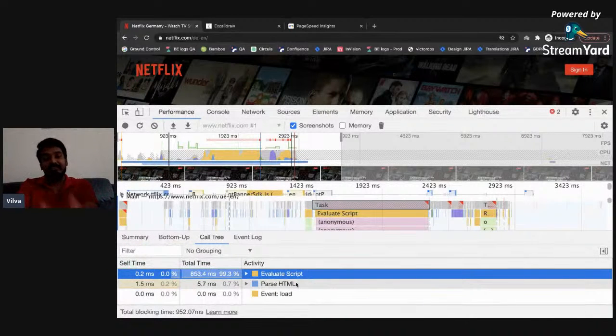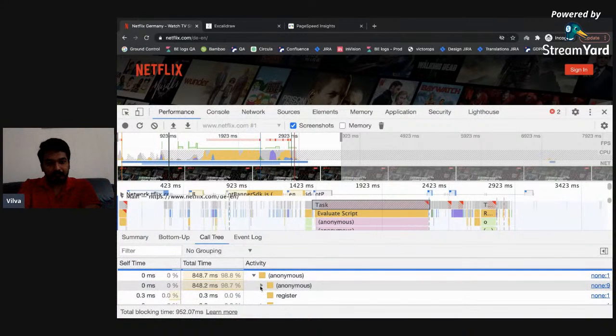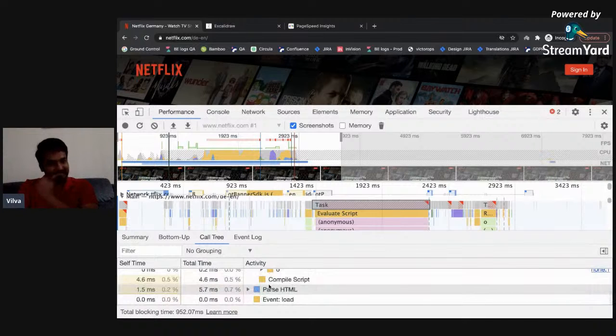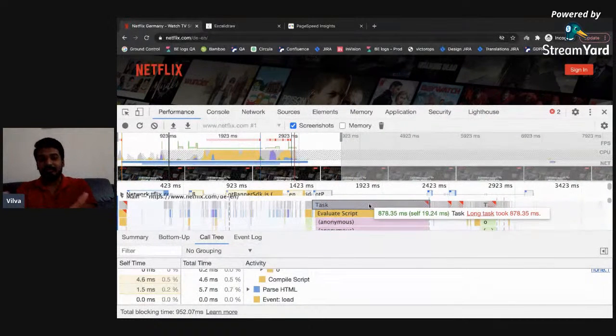This time is because of parsing the HTML. That is, it is evaluating the script and parsing the HTML. What script is it evaluating? Okay, the internal scripts. It is just evaluating the internal script and parsing the HTML. And parsing the HTML is the largest task for this web page. Remaining everything is so optimized and so super fast. So they have a very good